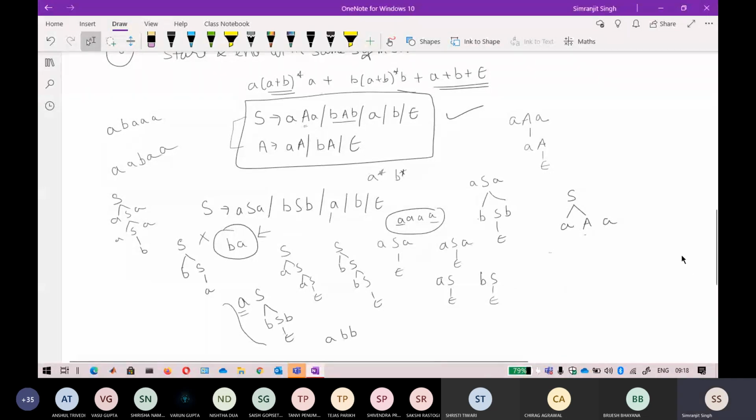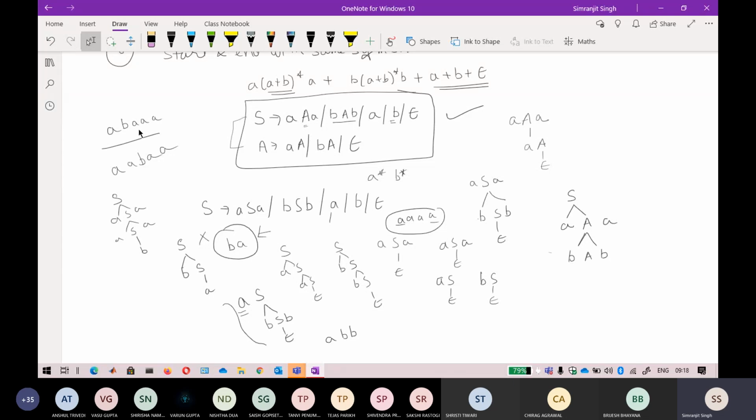Hello, sorry for that. If I want a B, I can get a B from here. But if I get a B from here, the whole expression will stop. So only if I get a B from this one, B, A, B. Okay, so now if you are again seeing it, there will absolutely be two B's in the expression. So that is why it will not work.